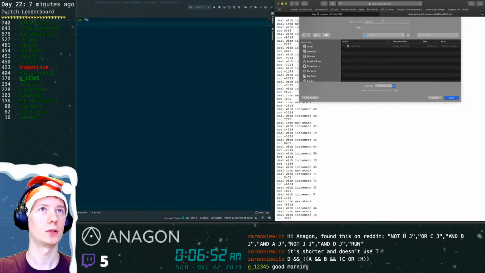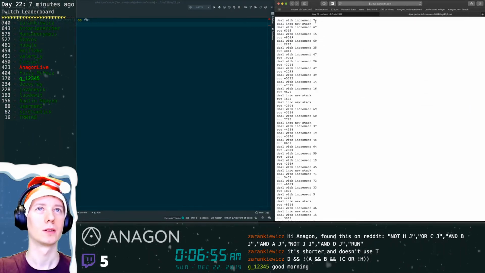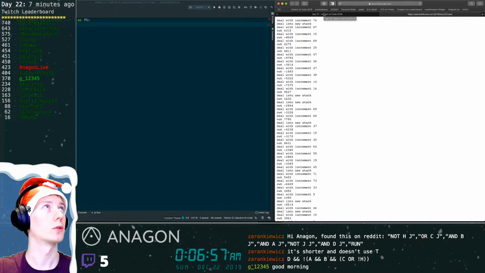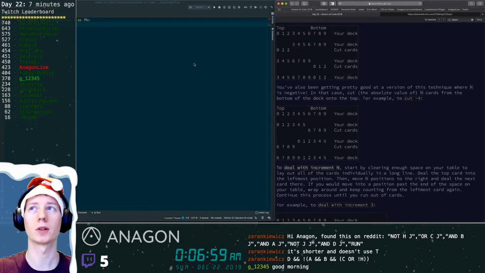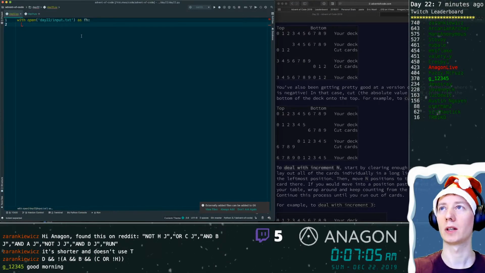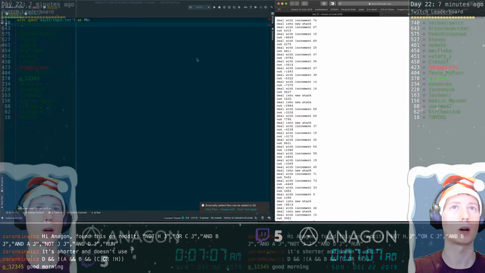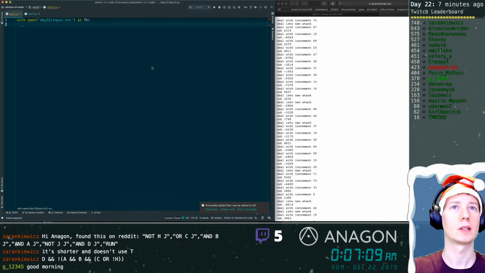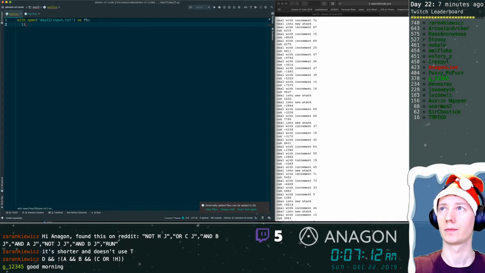So day 22. So we have 2, 3, 4, 5. That means we have 4 days left of Advent of Code. Day 22 input is read, and then we're going to parse it. This is a list of lines. So the lines is